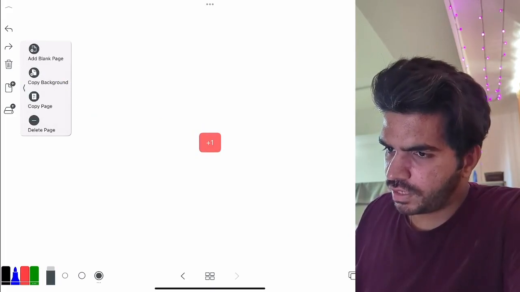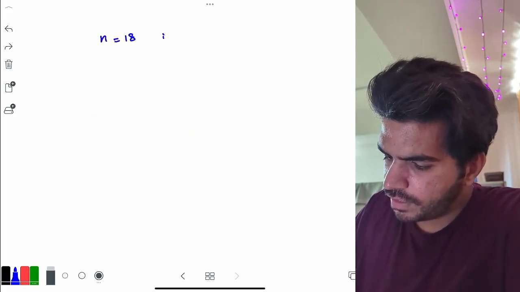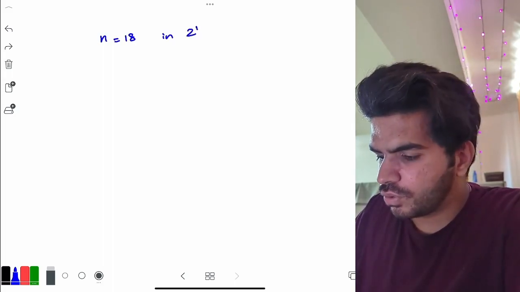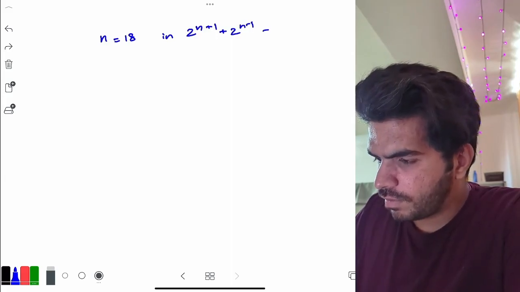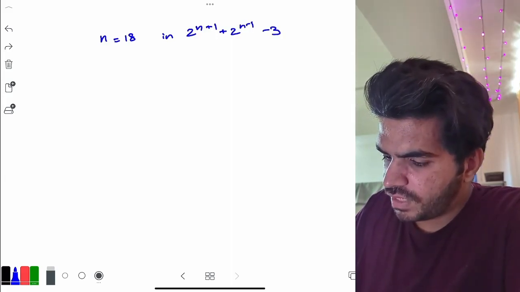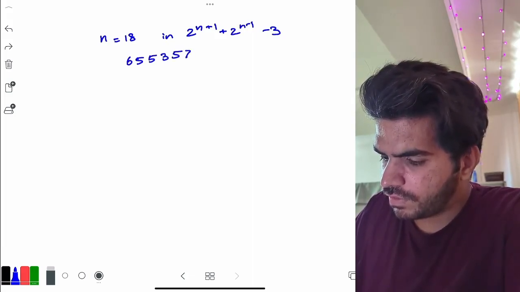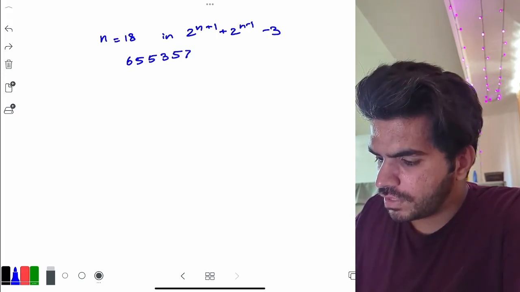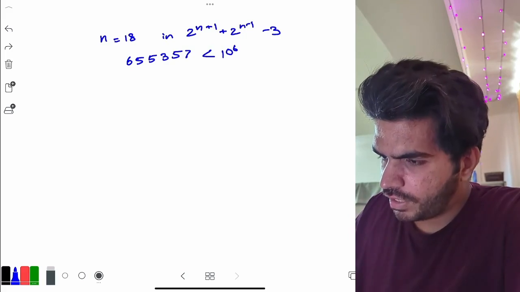Now putting n equal to 18 in the expression 2 to the power n plus 1 plus 2 to the power n minus 1 minus 3, we get basically 655357, which is less than 10 to the power 6. And on the 19th day,